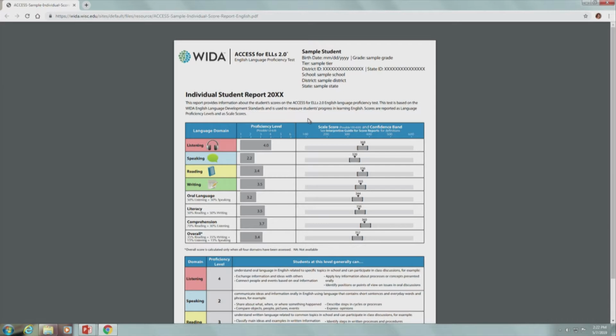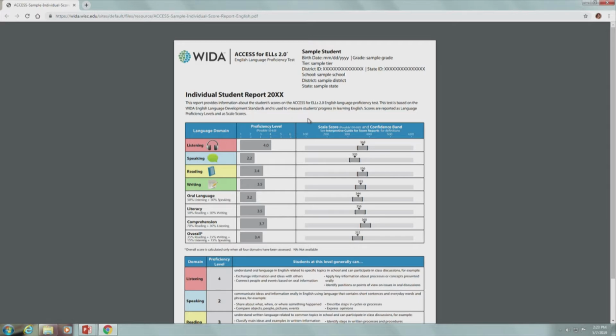We use this report because it gives us that proficiency level. It gives us that proficiency score in every domain. It tells us, for example, speaking. We need to work on speaking with this child, okay? They may be very, very bright. Listening, they're pretty good, okay? We can get that up to a